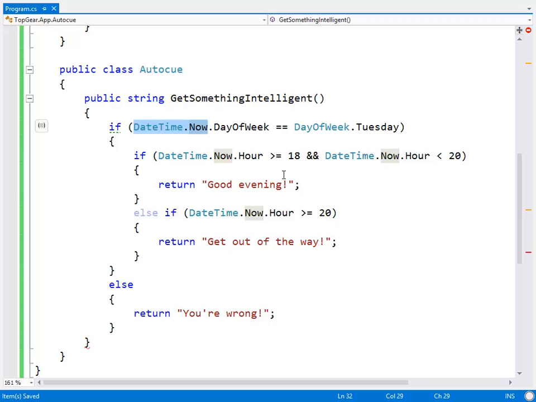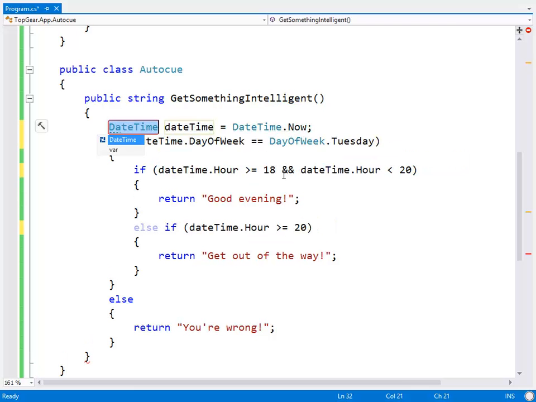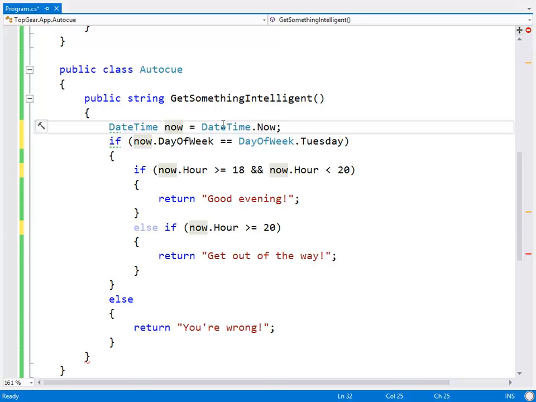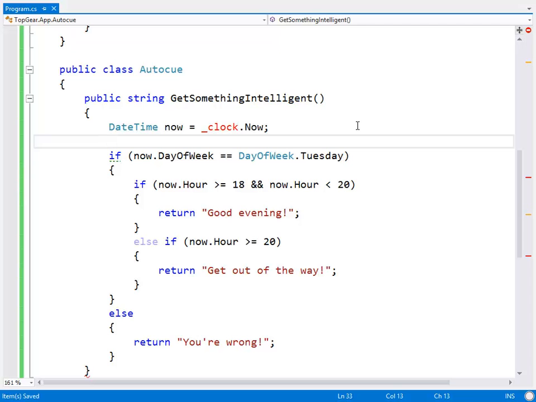All right, but we can lie. So let's do that. I'm going to extract that into a variable. That'll be nice. DateTime equals DateTime.Now. All right, and what I'm actually going to do is just rename that to now. And instead of taking DateTime.Now here, I'm going to ask clock.Now. Now we don't actually have a clock yet. So what we're going to do is create a dependency on a clock.